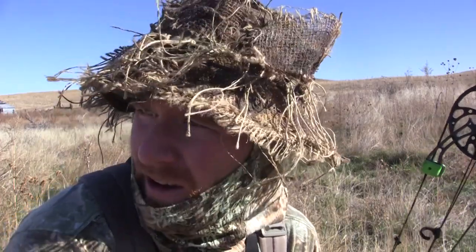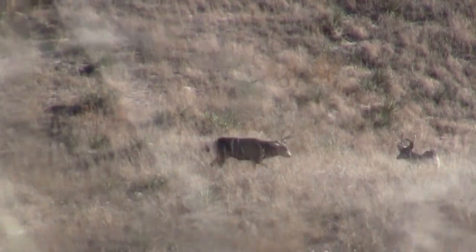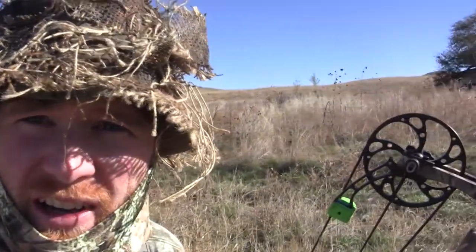November the 8th. It is approximately 50 degrees out, somewhere in there. It's really warm. Not much of a wind. I literally just pulled up to the field and the deer are just leaving the field this morning. They fed pretty late, but this spot's just not a morning spot, so I'm gonna go head up in them